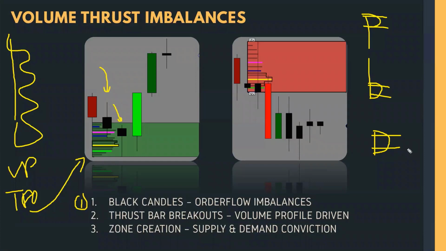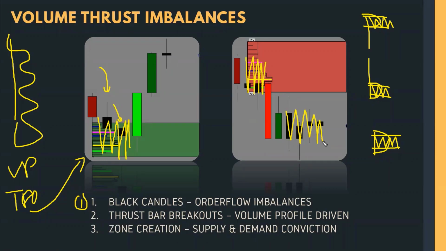So let me explain this. They're all to do with identifying a balanced area. So there's always a balance area that happens in each pattern. What the black candles are doing is they're identifying the balance area. Okay? Whenever we have a balance area,